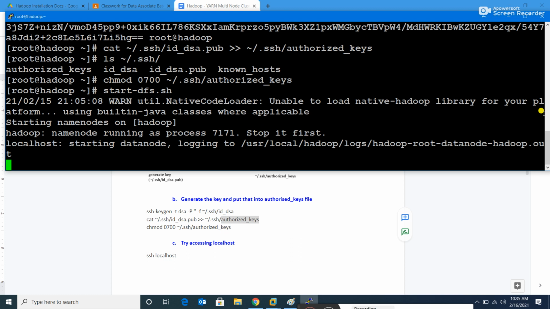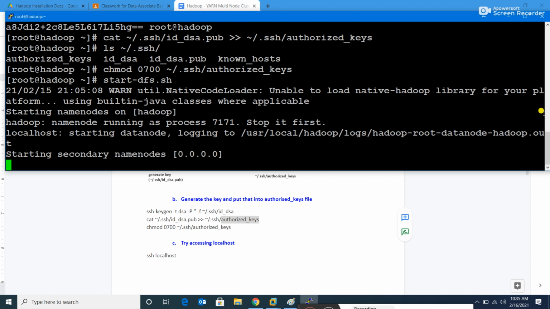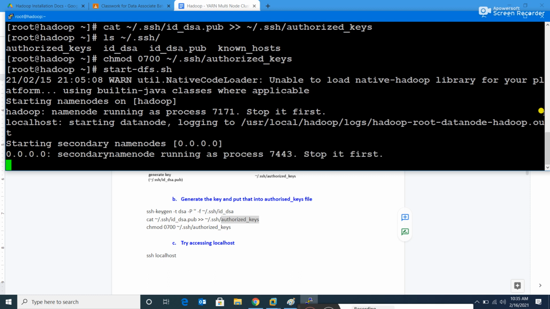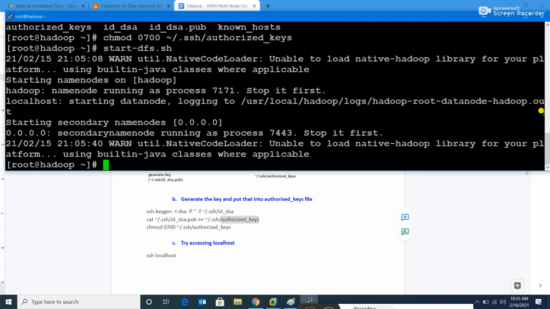Stop it first. Okay, fine. So we need to check whether it is asking for the password yet or not. If it is not asking for a password, in that case, yes, it is not asking. So in this case, this key can be shared with any other CentOS operating system. Then that CentOS operating system can also connect to this one without any additional authentication. You got it right? The authorized key we have used for the same machine, the same authorized key we will be using for the other machine also.